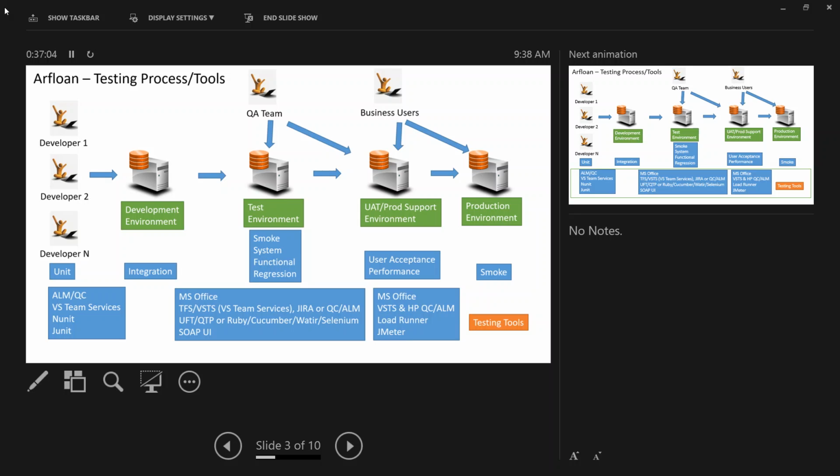This one is not free, UFT QTP. It costs about $50,000 per license, but we'll use the trial version here. Is Selenium free? Yes, these are all free. That's why the companies are moving towards free. Free is a good word, right? So Ruby, Cucumber, Watir, everything is free. You pay $0. I think that is just a development IDE cost, like $80 per year, which is nothing for these companies. So that's the reason, I think, nationwide a lot of companies use the same technologies: Ruby, Cucumber, Watir, Selenium.